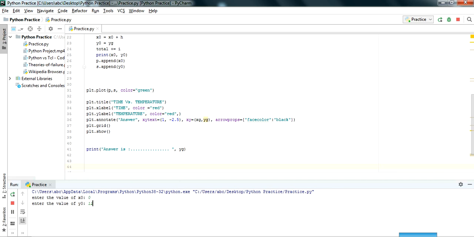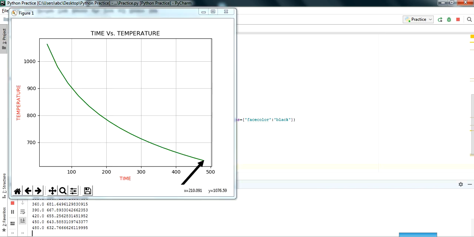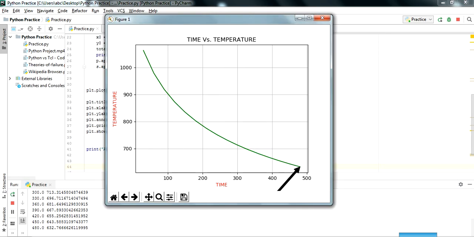Same, 0, enter, 1200, enter, 480 for the time, and step size. Previously we used a step size of 240, now we will use 30. So we will get the answer which is near about